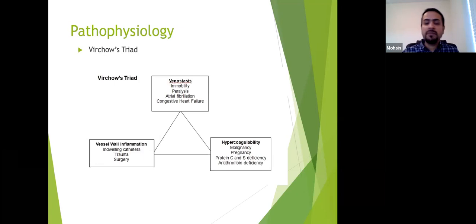or any vessel wall inflammation such as trauma, major surgeries, any catheters in there that are a source of making a thrombus, or hypercoagulable states such as patients on estrogens, pregnant patients, having any tumors or cancers that are on anti-treatment for malignancies, or acquired or inherited procoagulant status like protein C and S deficiencies and antithrombin deficiencies. So if you ever think your patient has any of these factors that are a part of the Virchow's triad, that gives us a hint that yes, we have to think about PE.